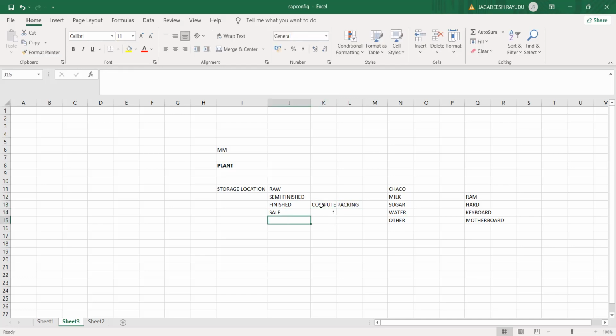In a similar way, you have a free goods storage location, a damaged storage location, or you keep your blocked stock. It depends on your requirement. In certain companies, you will have only one storage location. It depends on their need. These are the subsections of your plant.